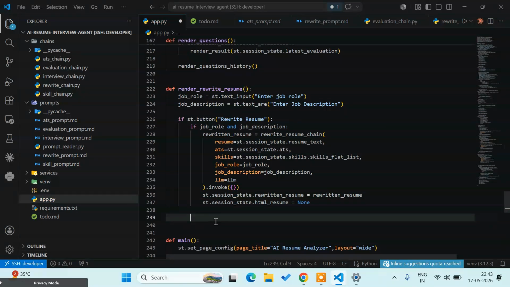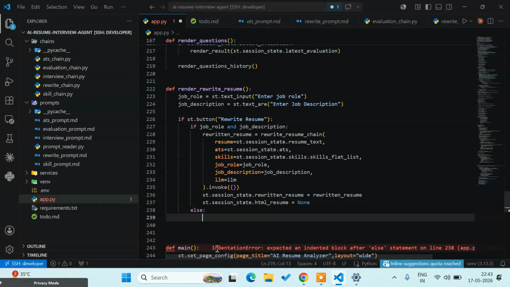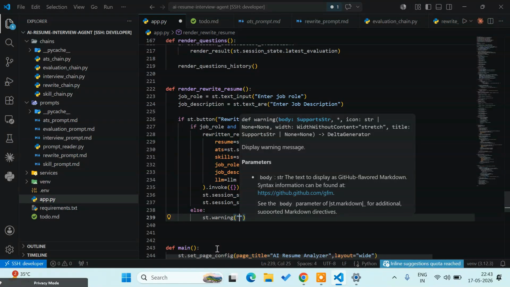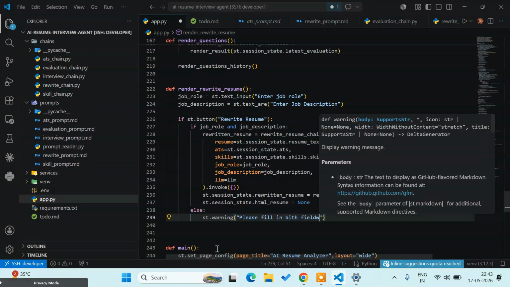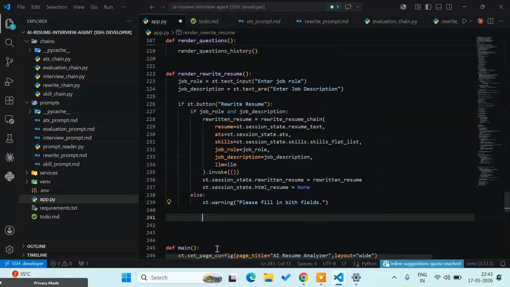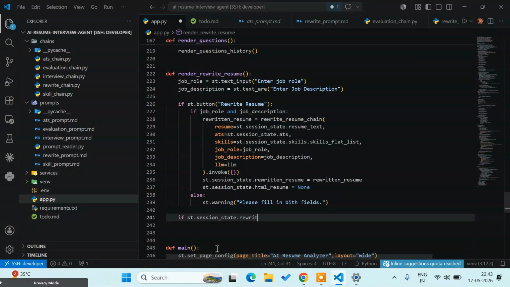Now we have to check if this condition is false. If job role and job description is not entered, we can just set a warning, and we can call it please fill in the fields. Perfect. Now all that we have to do is, if st dot session state dot rewritten resume, then in that case what we have to do,